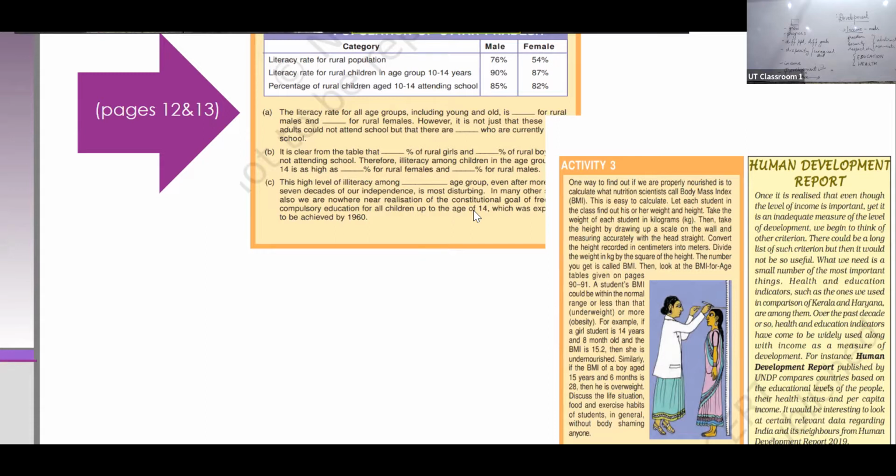This side is the BMI for girls and this is for boys. And that is given as per your exact age, like if you are 14 years and some months. So you calculate it accordingly and these three categories are given. So whatever you get accordingly would be your BMI.